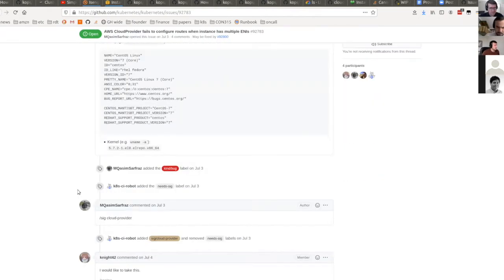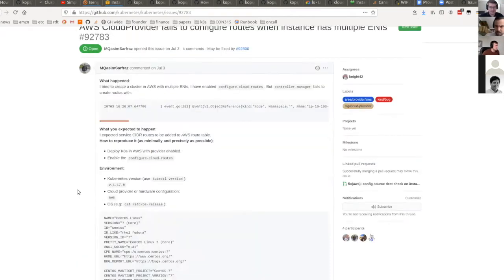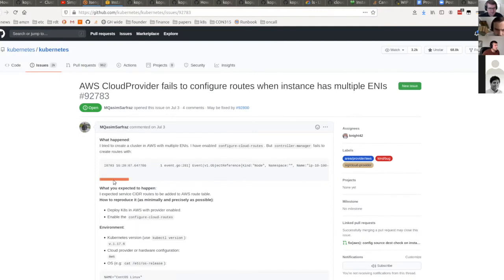Can you scroll to the right on that long error message? I think that's an error. Failed to create route for node. Error configuring source dest check. Okay. Yeah, so